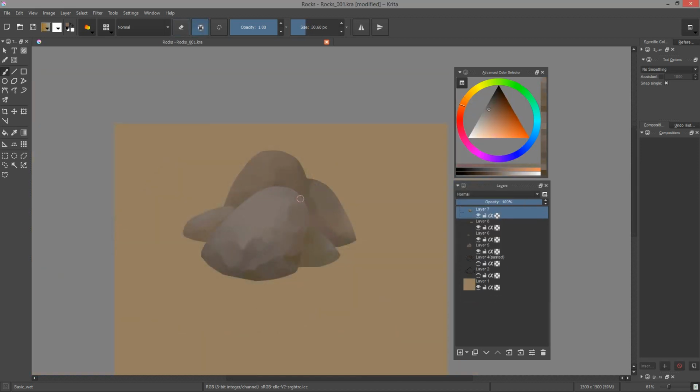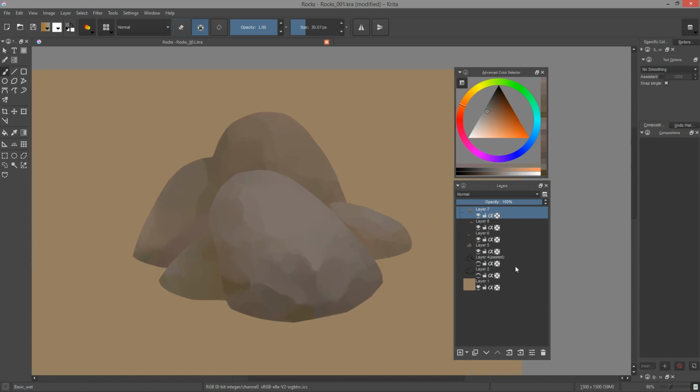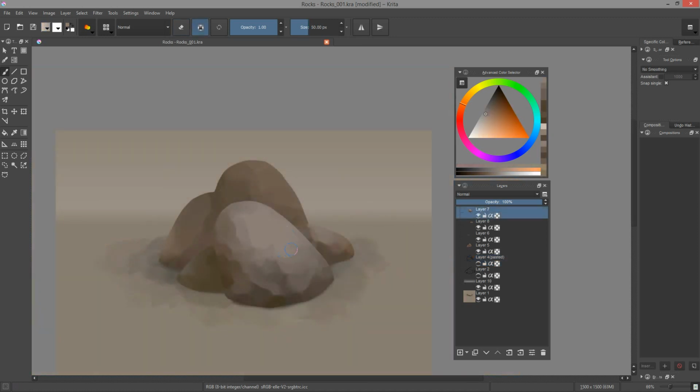According to the light source I chose, I am mostly adding shadows where the rocks are somewhat facing towards the ground and in areas of close proximity. I'm applying what 2D artists commonly call ambient occlusion. That is to say, I'm darkening areas light can hardly reach because it tends to get lost between two touching objects. And by doing that, I am treating the rock formation as a single entity, as a whole block.